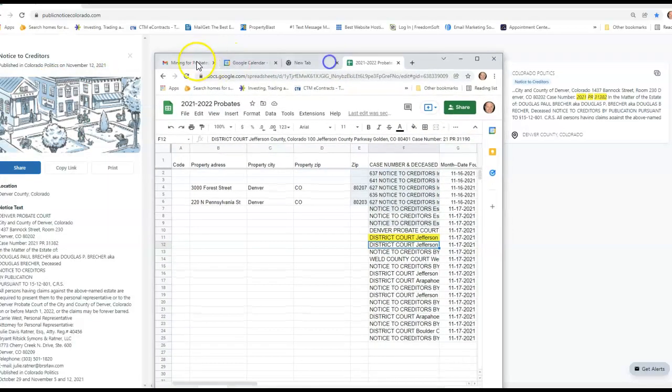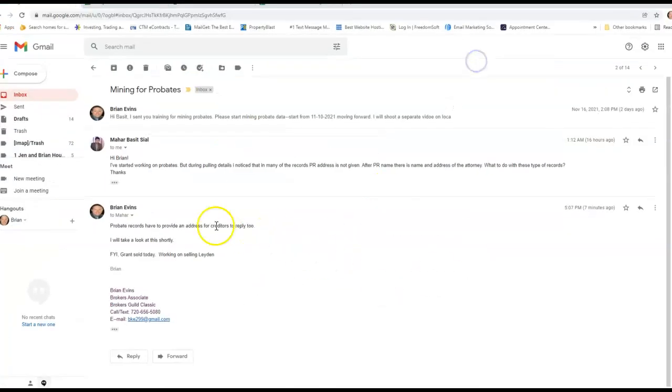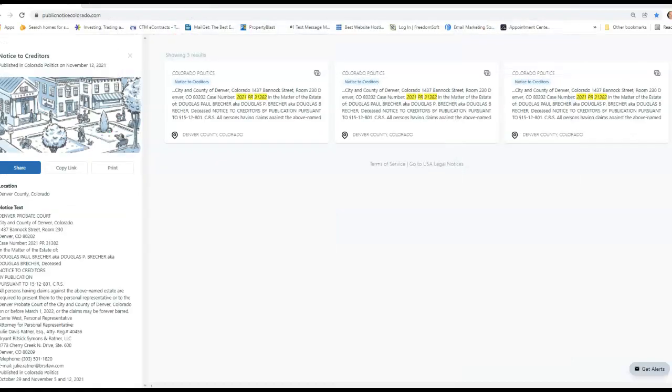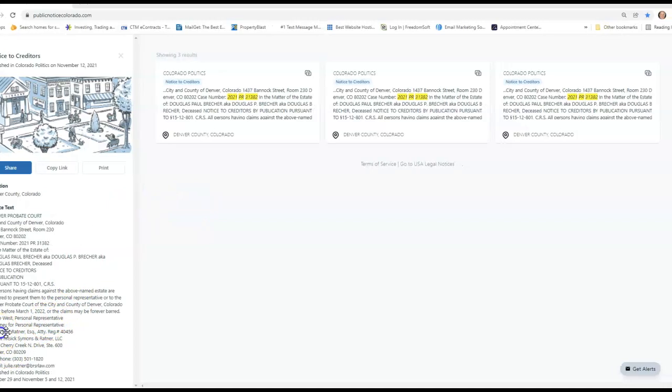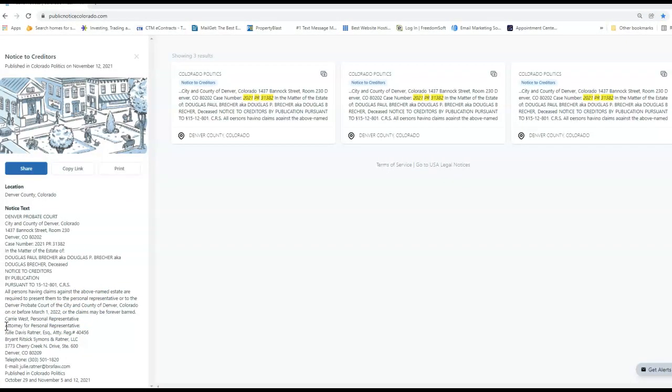All right, Bassett. Hey, I just want to go over your questions here about this probate mining. I'm actually going to push back some tasks for you to figure out on your own, because I'm sure there's a way to do it, but I'm going to see if you can tackle this first. The task I want you to figure out is I want you to be able to copy the attorney information here. When we run across these that have attorney info, I would love to copy that data